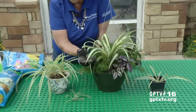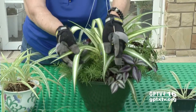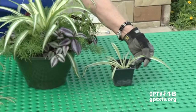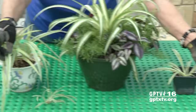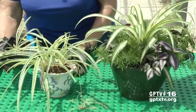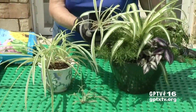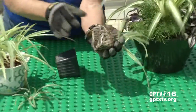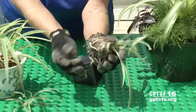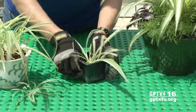This one is what we call the regular airplane plant, and look how wide the leaves are, but they're much thinner than this one. And if you can see, the green is on the inside and the white is on the outside. And these are both the same, but you can see the difference between these two. As you can see, they have these long nodules, and these actually store the water. And today we're going to repot